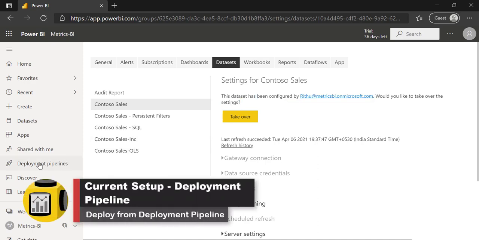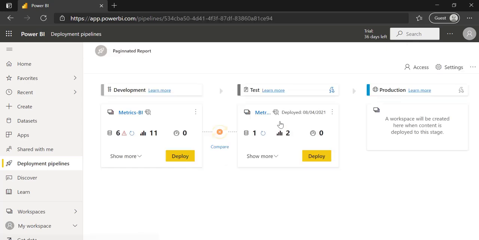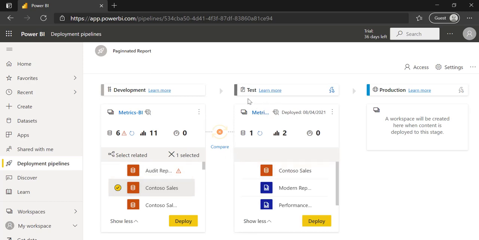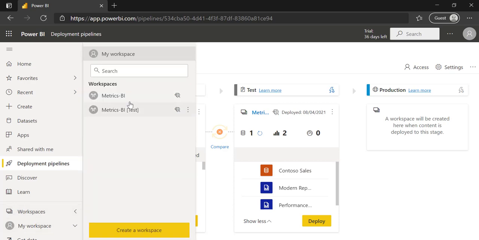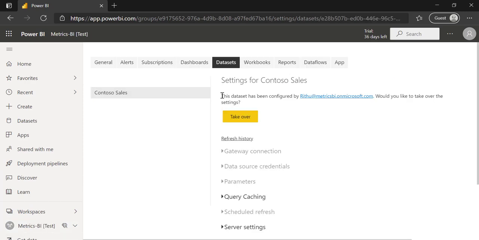So let us go to the deployment pipeline. So I have a deployment pipeline created and Ritu and user 1 both are having access to this deployment pipeline. So we have a same dataset which is placed here, and same dataset is already there in the next workspace called the test workspace. So if I go to test workspace as user 1, and here you can see we have the same dataset. If I see again the owner is Ritu, because Ritu has done the deployment pipeline, so he has moved this dataset from development to test. So since he moved first time, he is the owner of the dataset.